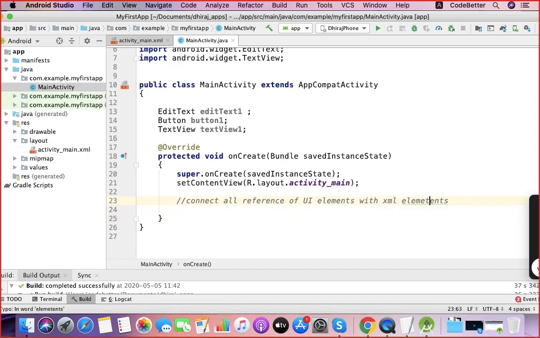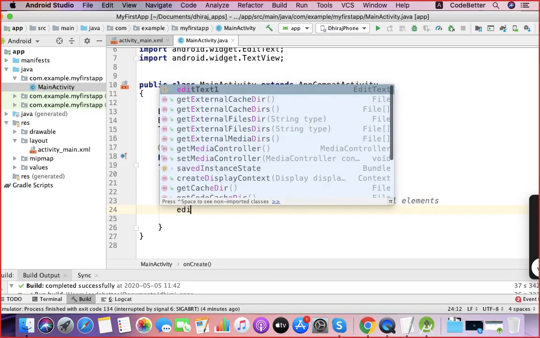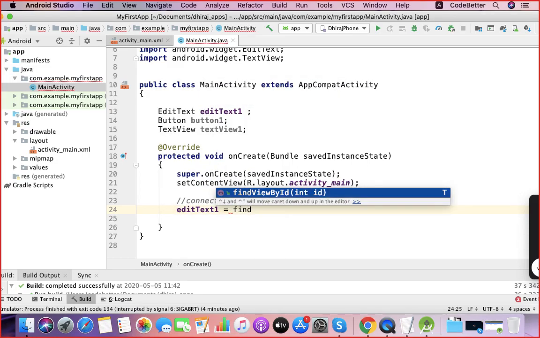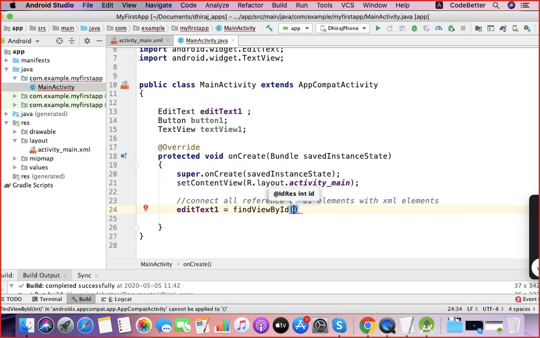So what do you write here? You write here edit text 1 equal to findViewById. This findViewById is a special function. This special function connects your element from the XML. So for that purpose you have to write R.id.edit text 1.